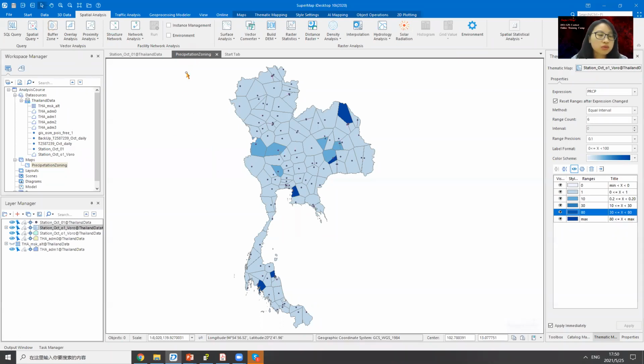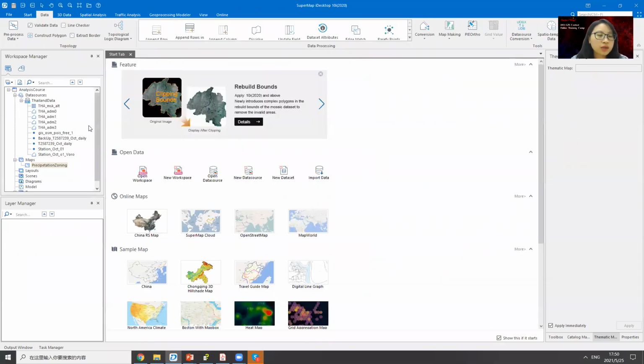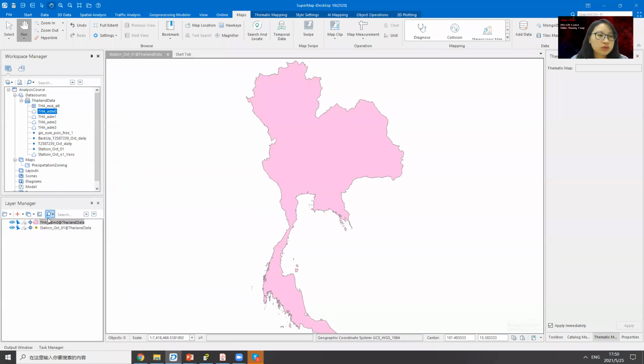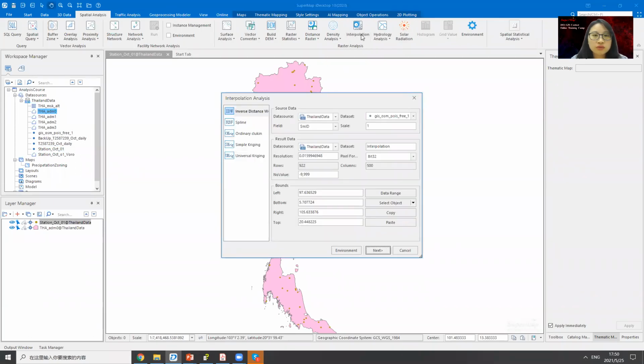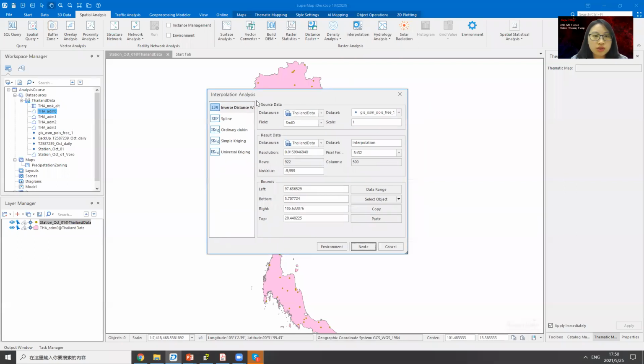Here we just close this map, and then we add it to a new map, and the administrative boundary to the current map. First thing, we just add these 2 layers, and then we are going to find the spatial analysis and interpolation. Here we can first select the operators. We are going to select the creating algorithms, and then set the dataset as the station 1 October 1st, and here we set the field as PRCP, and next we need to set the result data's name,